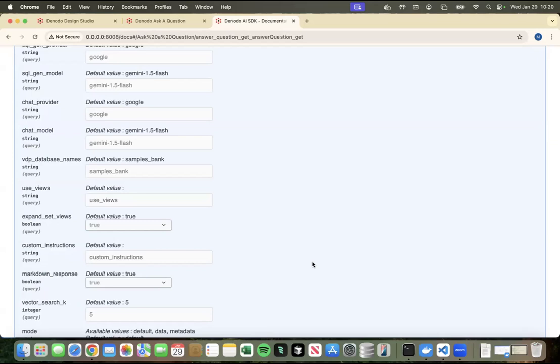So you can use it to answer in a specific language if you want. You can use it to explain certain parts of your database. So for example, if I say, okay, when I'm asking you to retrieve this type of data, I want you to go to these databases. So you start pointing it in the right direction. Or you can even use it as persona building. So depending on the user that is interacting with the SDK, they will be interested in different types of information, or they'll be using, for example, different types of KPIs.